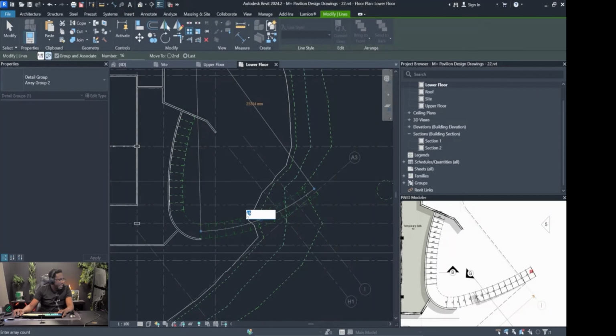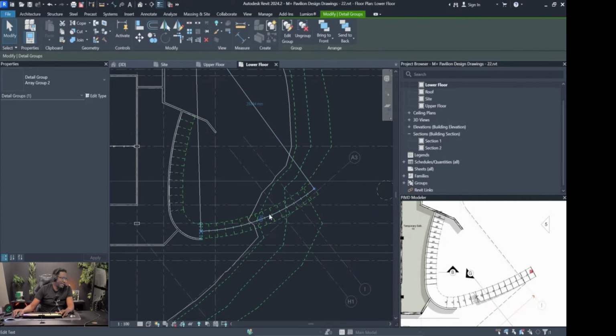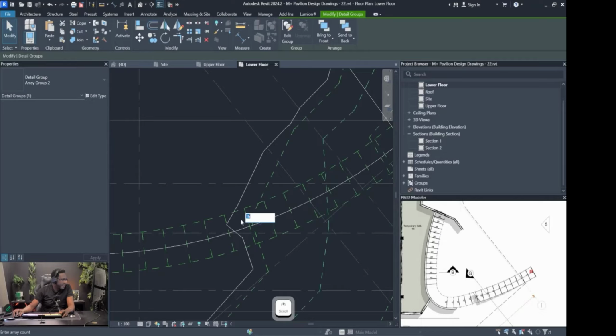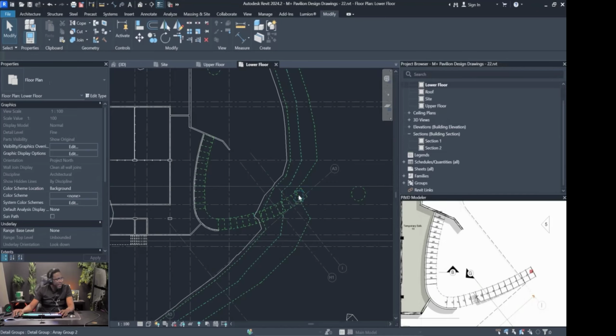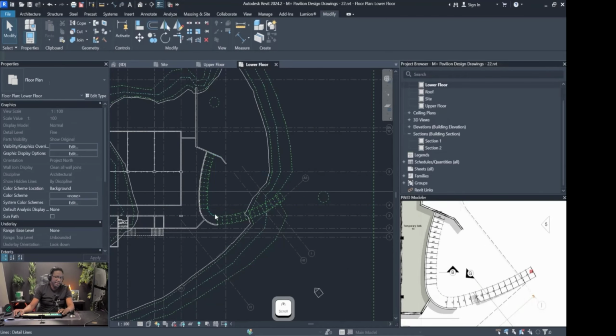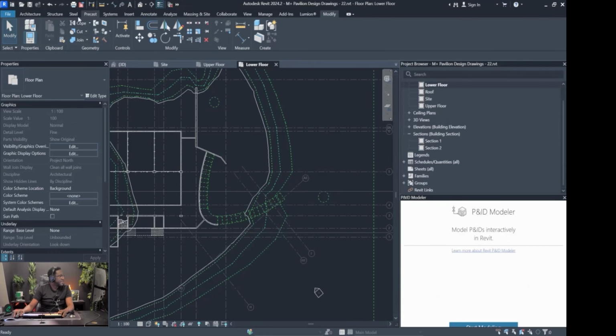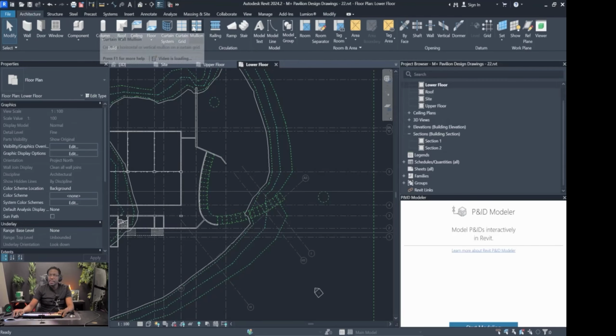And of course we can actually change the amount of arrays if we wanted to. Just in case you might have put the wrong number, you can always click the number and change it from 16 to 18. Doesn't matter, it's all adjustable in real time. All right, so we have now drawn our stairs in a sketch format. Now we need to actually put stairs in. So we're going to head over to our stair tool. So we're going to go to architecture, then